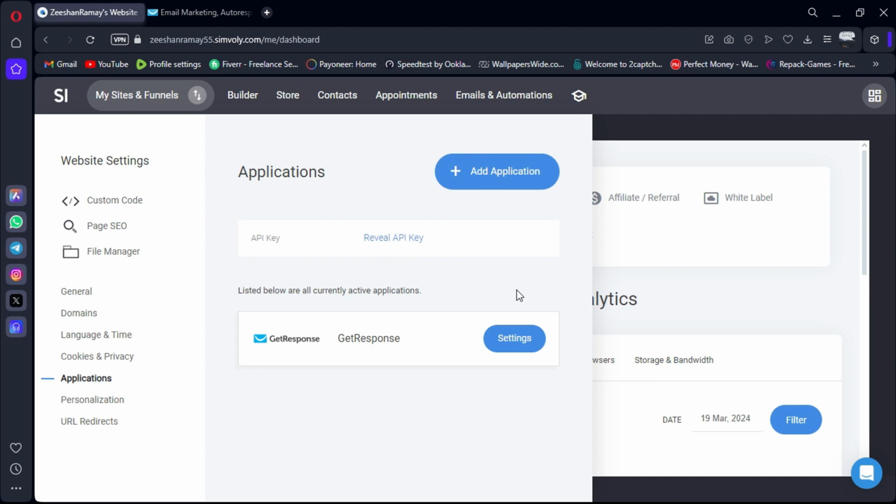That's it. You've successfully integrated Simvoly with GetResponse. Now you can take advantage of Simvoly's powerful website building features and GetResponse's robust email marketing tools to grow your